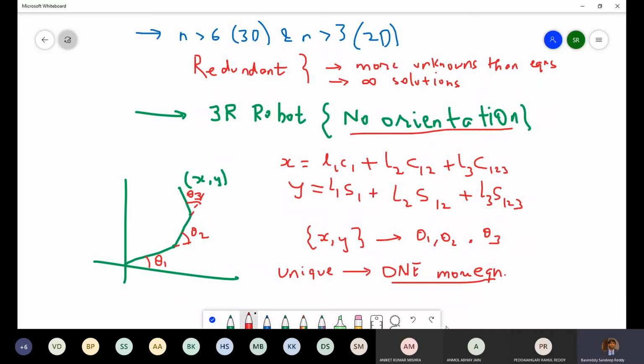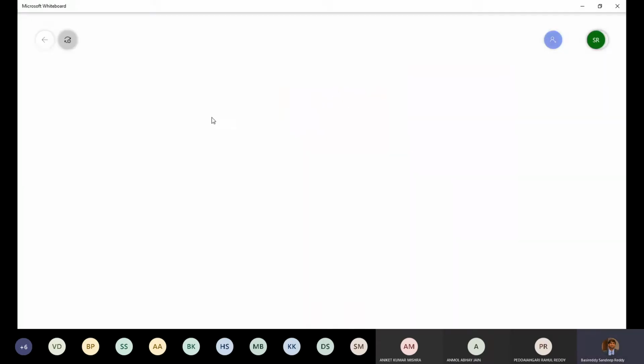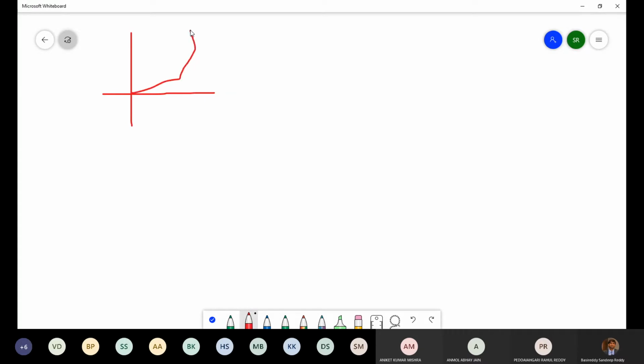What we try and do is, I'll just write down the same expression. x equals L1 C1 plus so on. y equals L1 S1 plus so on. Right? Now you need one more equation.